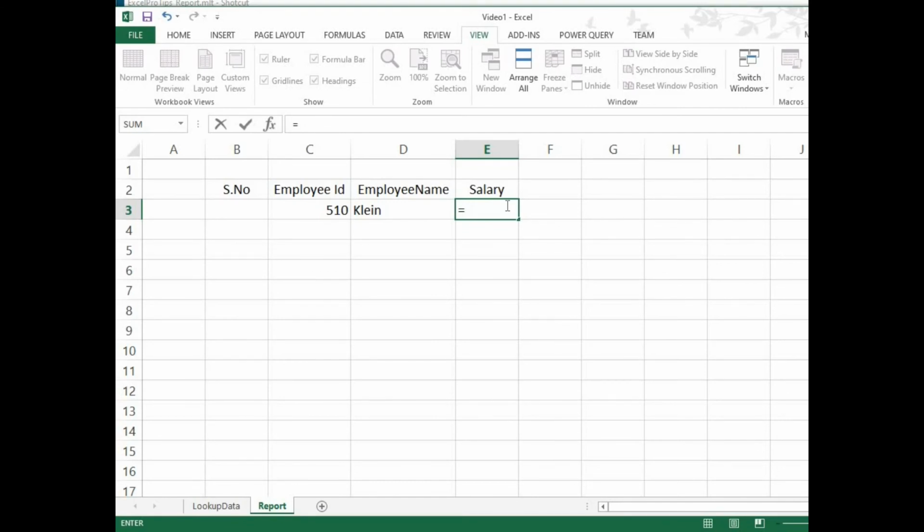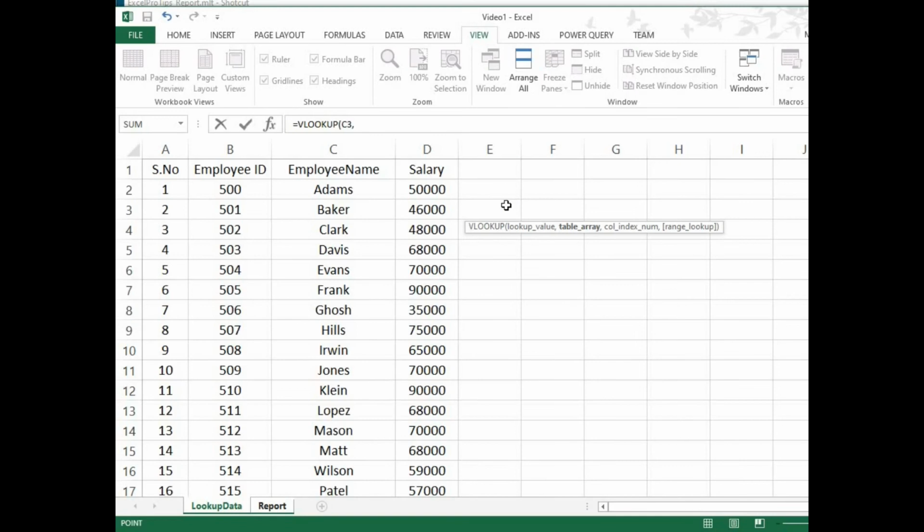Type equal to VLO, type VLO, press tab. Now we need to select the employee ID as the key, right? So navigate by left arrow key, select the employee ID, comma, table array. Hold the Control key and press the Page Up key. This will navigate to here.